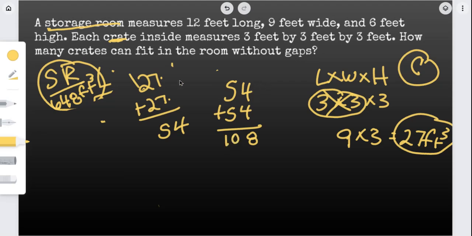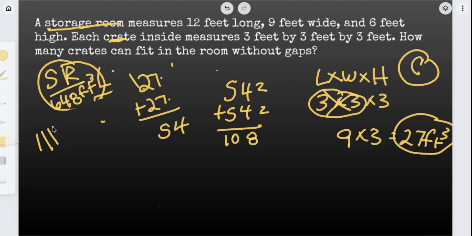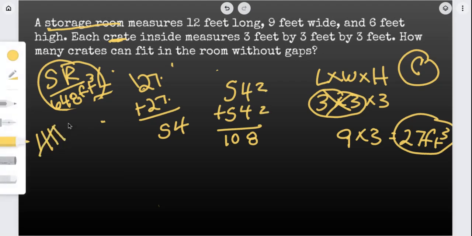So this would be one crate, two crates. I'm going to make some tallies. One crate, two crates. And each set of 54, well, that's already two crates. So this would be another two, and this is another two. So 1, 2, 3, 4. I could work all the way up doing that until I get to 648, and that's definitely a strategy that